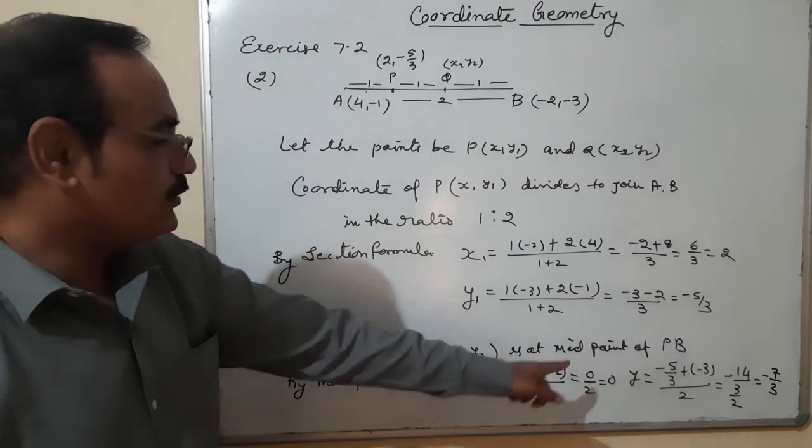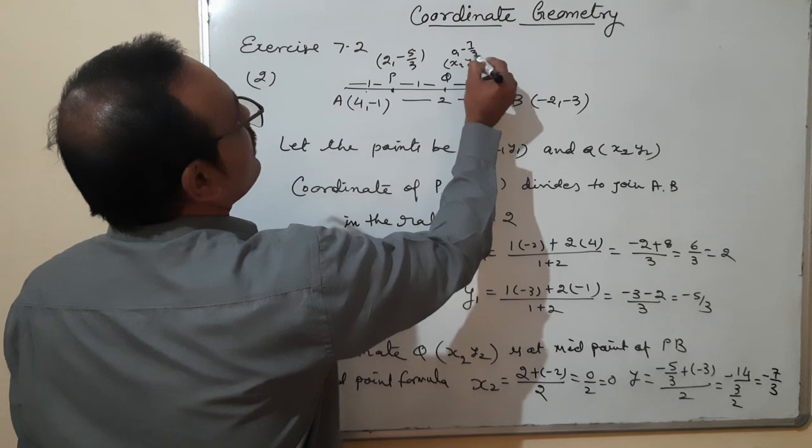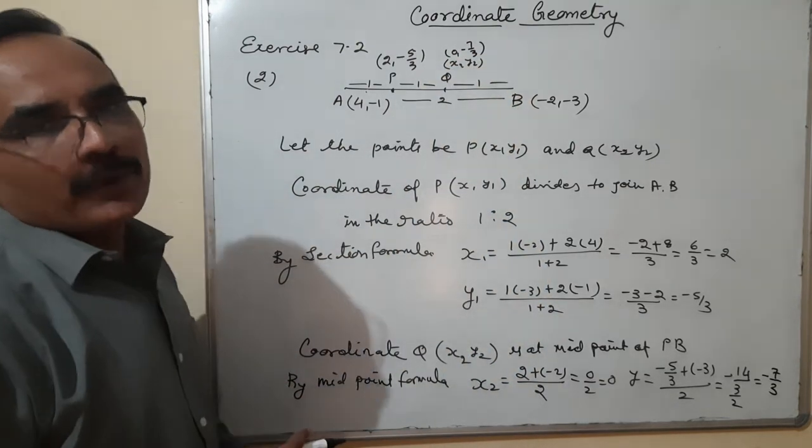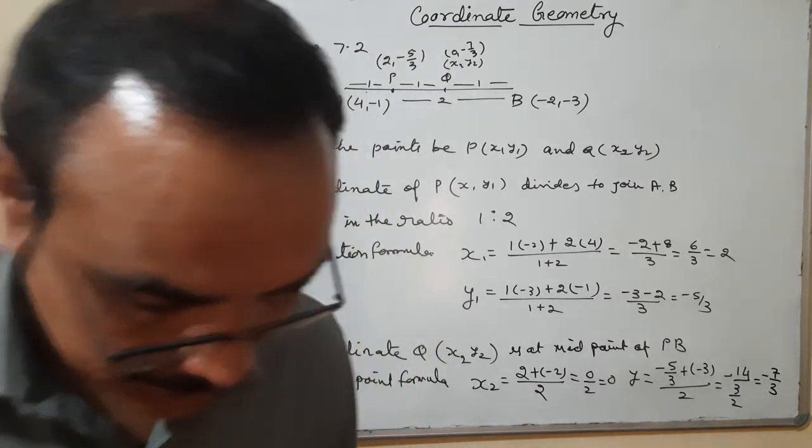So the point x2, y2 is 0, comma, minus 7 upon 3. These are the 2 trisection points. Okay. Next one is